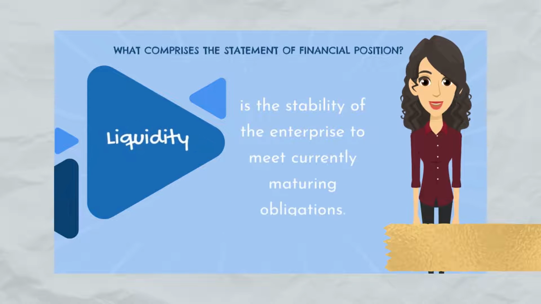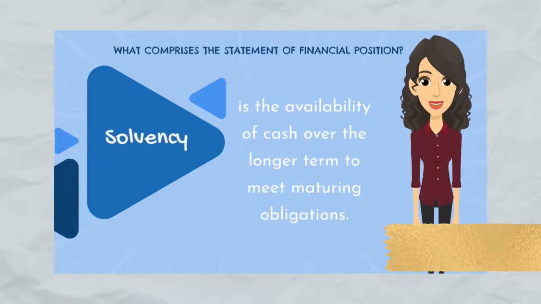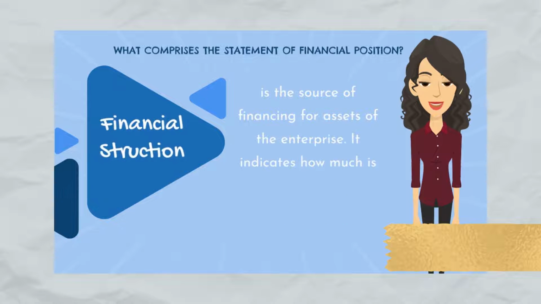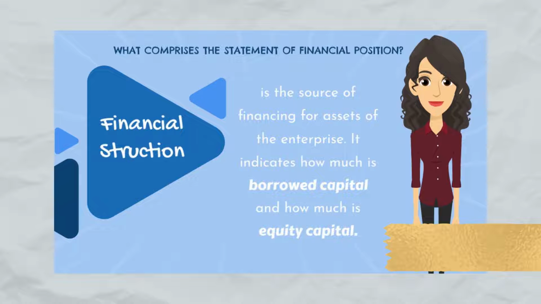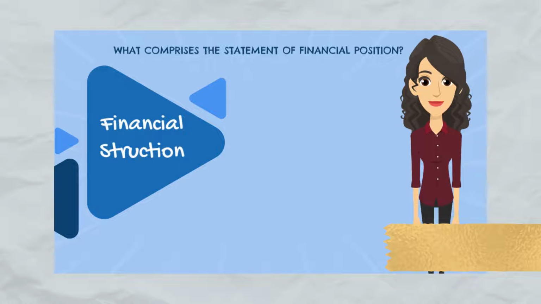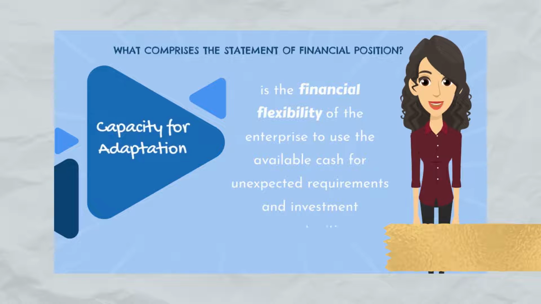Liquidity is the ability of the enterprise to meet currently maturing obligations. Solvency is the availability of cash over the longer term to meet maturing obligations. Financial structure is the source of financing for the assets of the enterprise. It indicates how much is borrowed capital and how much is equity capital. Whereas the capacity for adaptation is the financial flexibility of the enterprise to use the available cash for unexpected requirements